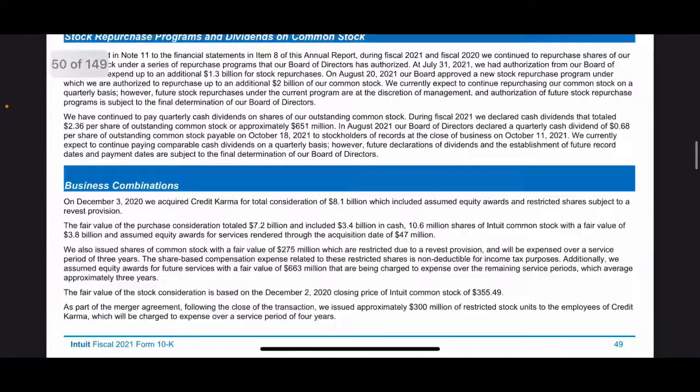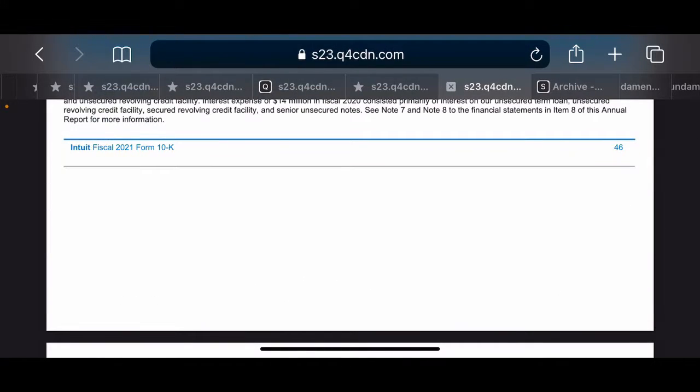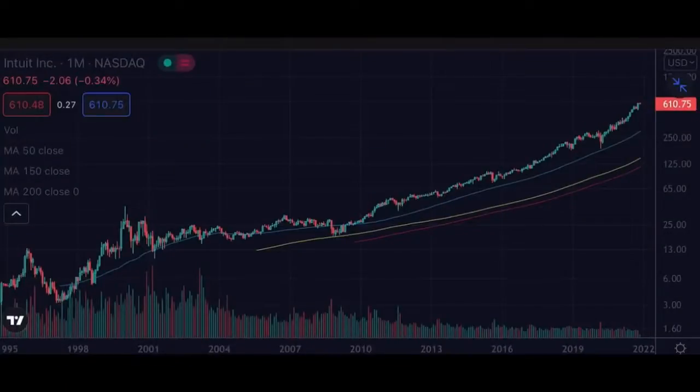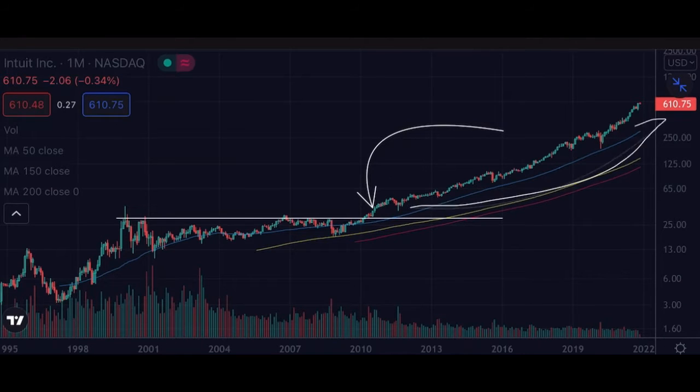But that, at least as a historical example, from 2015 on to now was a growth phase. 2015 was a bad year. Before that, the real breakout happened in 2010 and 2019. So that's really what we want to keep looking for, is stocks just like that. All right, so hopefully this video helps on how we can identify these growth stocks at the breakout that also have some sort of earnings momentum, because what we're looking for is this price appreciation all the way up from $30 to $610,